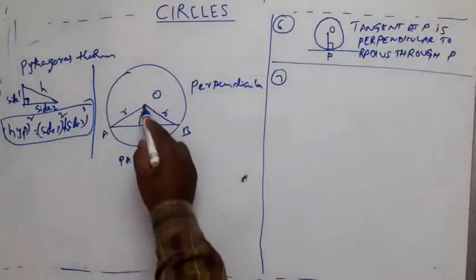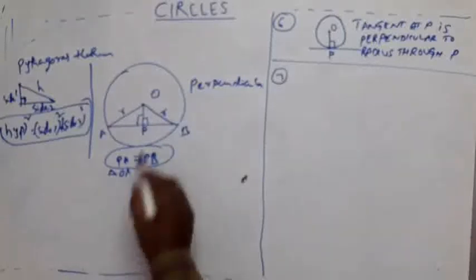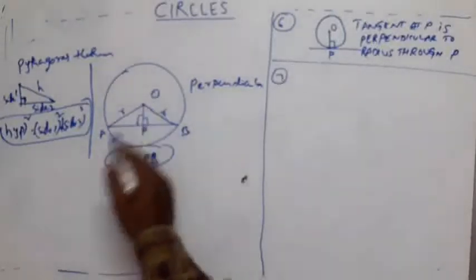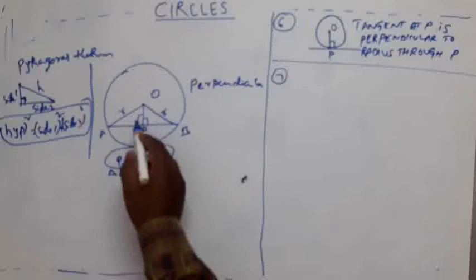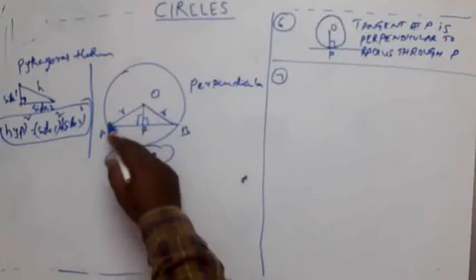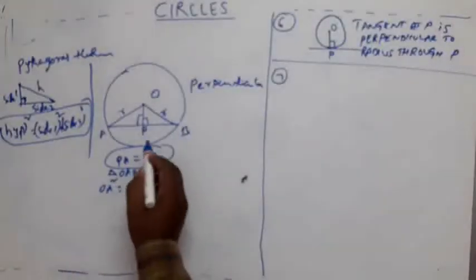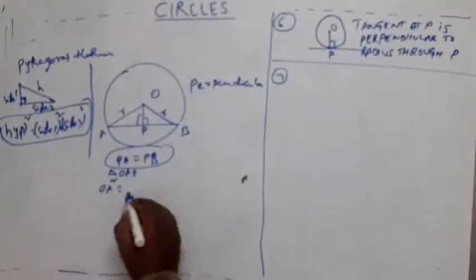So I will apply this Pythagoras theorem here in this triangle. In this triangle O, my target is to prove this, right? In this triangle OAP, if I use the Pythagoras theorem, this is the hypotenuse, right? Because this is 90 degrees, the side opposite to 90 degrees is the longest side, that is the hypotenuse, right? Hypotenuse square, that is OA square, is equal to the sum of the squares of the remaining two sides, that is AP square plus PO square.